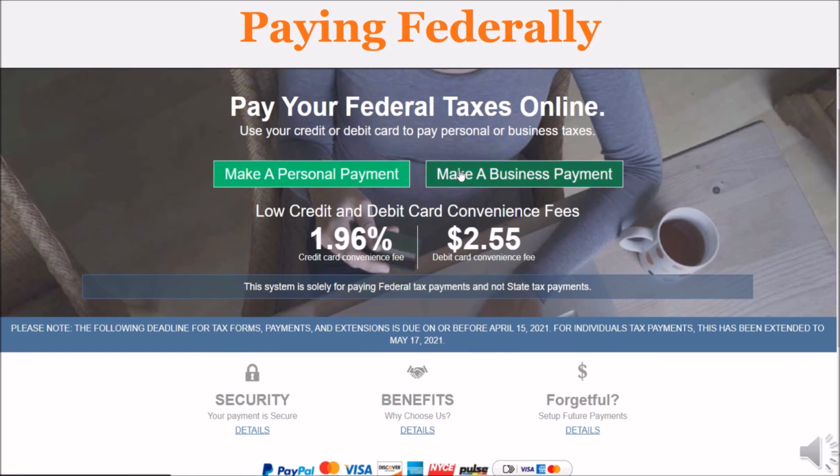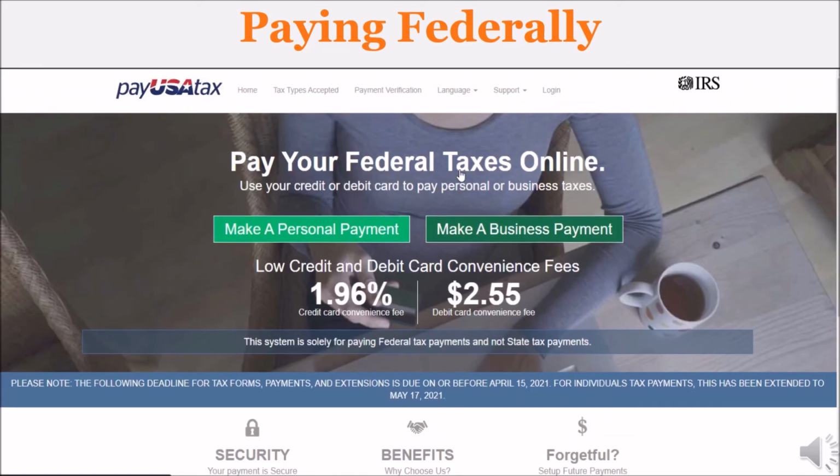A lot of these websites are going to be the same regardless of which one that you click, and you just continue on those steps and you can pay your business taxes doing this, and you can pay them federally, so that is taken care of. When you can find the way that you can pay for Arkansas small business taxes and your federal business taxes, then you will be good on paying taxes for the year, unless your city or state do require additional tax